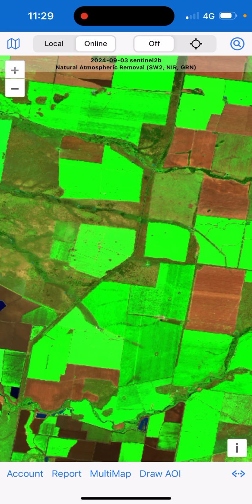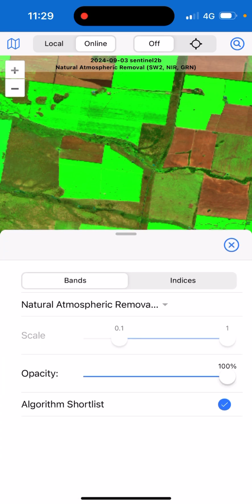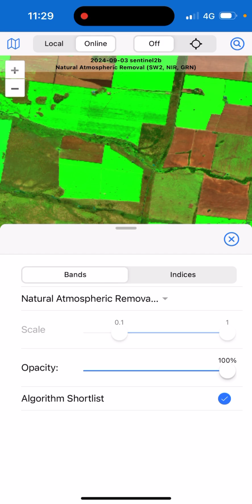So down the bottom right here of the map, there's this little button, 3 little dots. You click that, and this is where we do our processing. So to start with, you sort of start at the top. So you've got a bands combination or a sort of an algorithm or an index. So in the bands combination, you've got